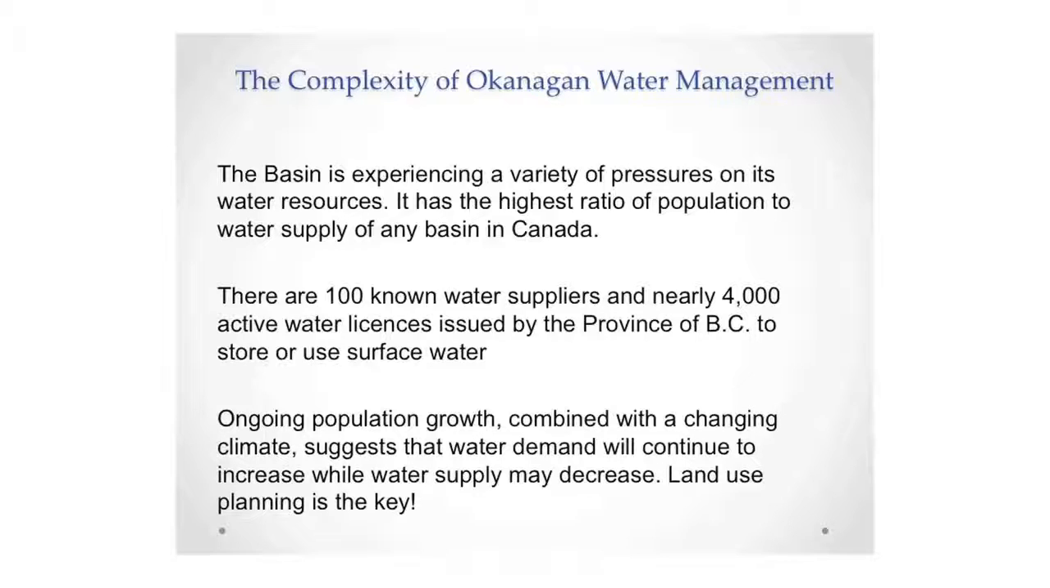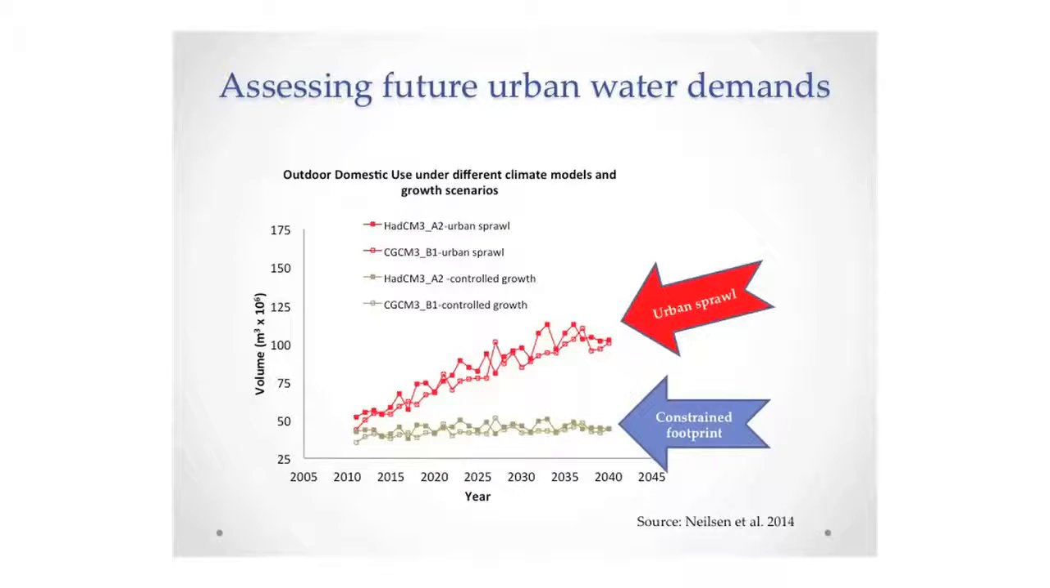Population growth, changing climate, and increased water demand continue while water supply may decrease. To this extent, land use planning is really a key here in terms of managing this demand in the future. There's not a whole lot we can do in terms of land use planning on the supply side, but on the demand side. So here's some modeling work that was done by Denise Nielsen's group, and it looks at